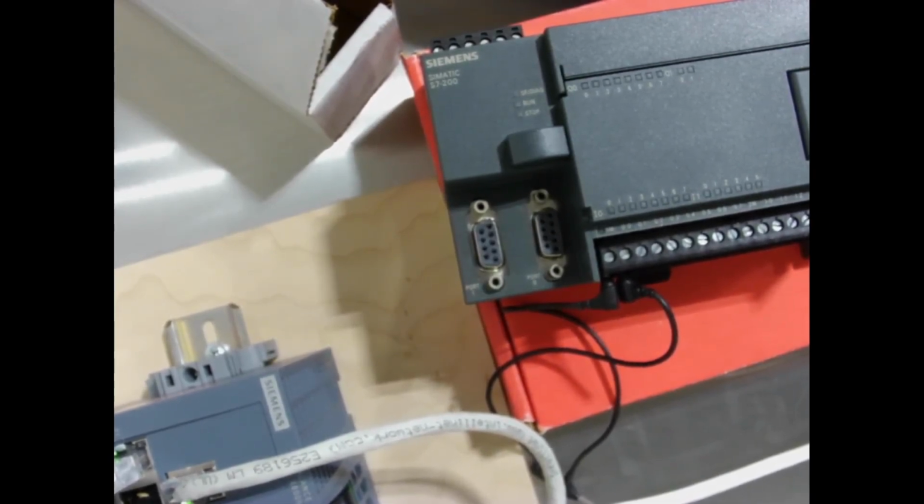All right, now some network types. We typically are going to do a linear or a bus, and by that I mean you've got all your devices, just your master here, and then